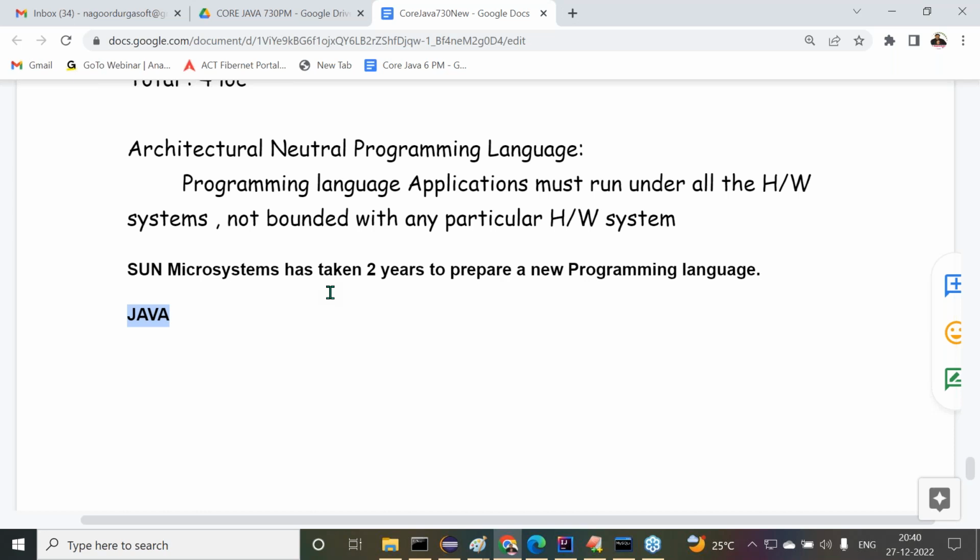Guys, I'm telling one more point. Nowadays people are trying to give an abbreviation for JAVA. But don't think about any abbreviation for Java. Strictly, clearly, I'm telling you, it's a coffee powder name. No separate abbreviation is available for Java. Java is a place name in Indonesia. Understand, guys, what I'm telling?